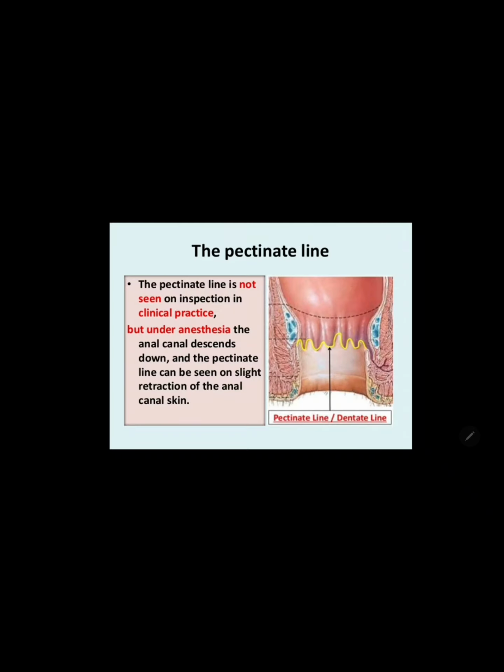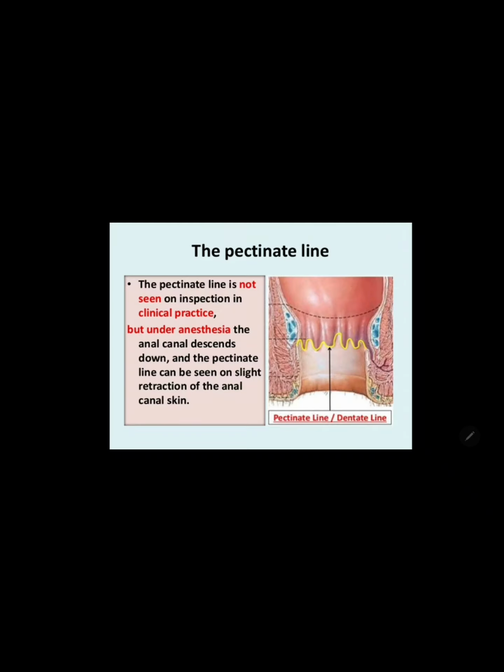You can see there above the pectinate line, the lymphatic drainage is to the internal iliac group of lymph nodes, whereas below it, up to Hilton's line, the superficial inguinal lymph nodes. And epithelium, above the pectinate line you will see columnar epithelium, whereas below the pectinate line stratified squamous epithelium. And the embryological origin, above the pectinate line is endoderm, below the pectinate line is ectoderm from the proctodeum. Above the pectinate line superior rectal artery, below the pectinate line middle and inferior rectal arteries, and veins correspond to